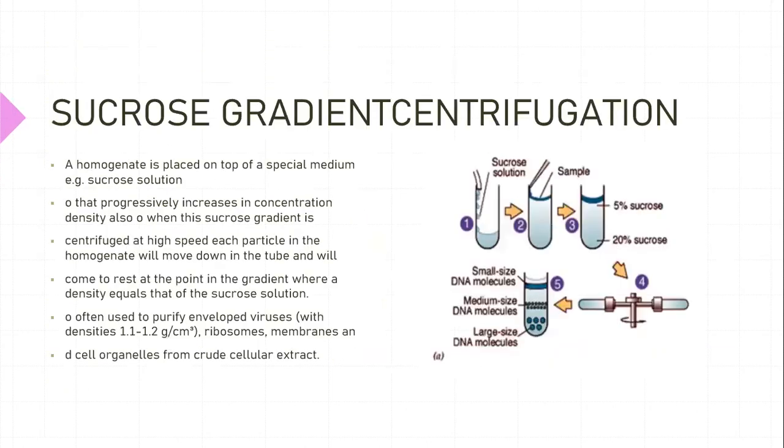The next is sucrose gradient centrifugation. You only have to understand that in this vial or centrifugal tube, you provide a different sucrose gradient. It's somewhat similar to the previous one, but in this you are only using sucrose. When you have different sucrose solutions, the separation occurs according to this gradient of the sucrose sample, and you get the separation according to their densities.